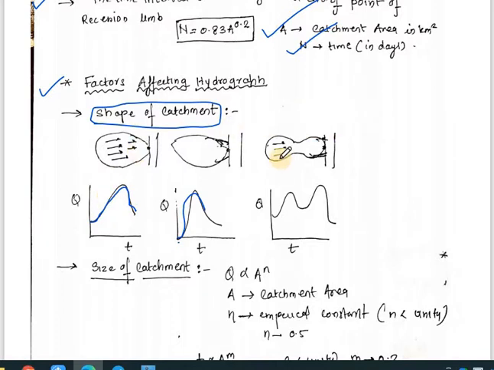Okay. After that, if the shape of the catchment is in this shape, what will happen? It will achieve the peak flow in two intervals, one because of this area and one because of this area. First peak will be achieved because of this area, and the second peak will be achieved after the water collected in this area reaches the gauging point. These are the catchment shapes you can get in the field. Based on that, your hydrograph changes its shape, so it is one of the important factors which affect the shape of your hydrograph.